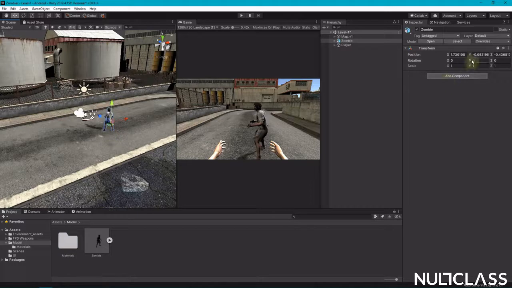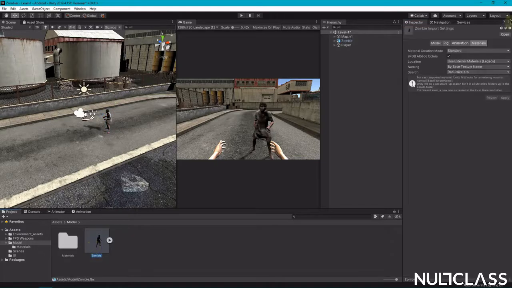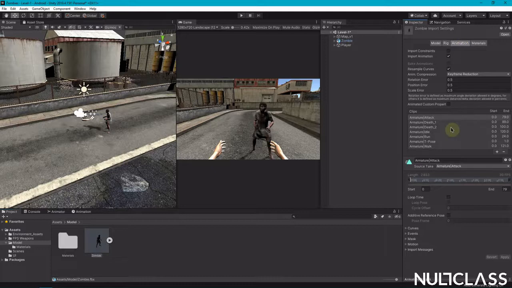It looks pretty good. Let's just rotate it to -90, and there you go. You can see the zombie, and you can come to animation, and then some of these animations need to be looped, like attack, and we don't need to loop death. We need to loop idle. We also need to loop run and also walk. After doing this, you should just apply it,